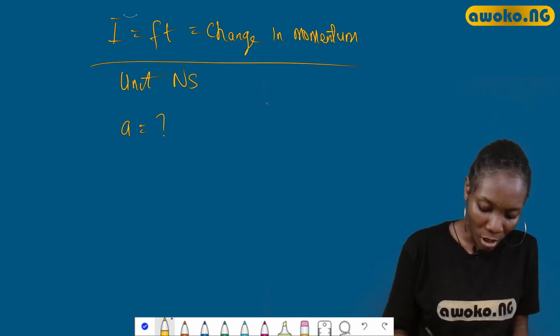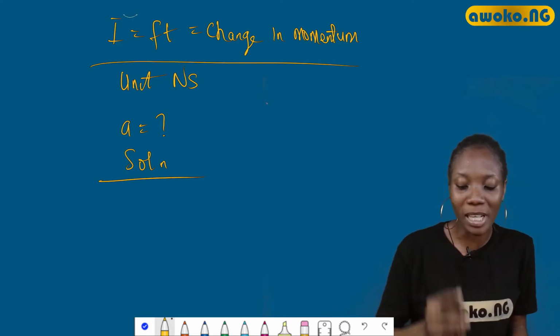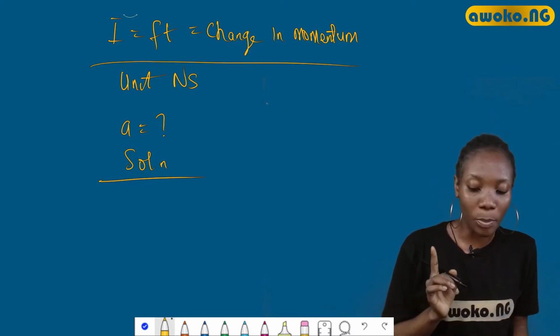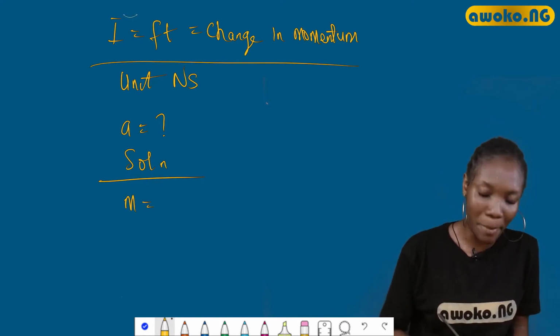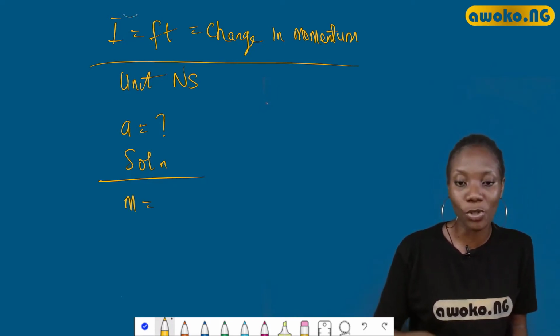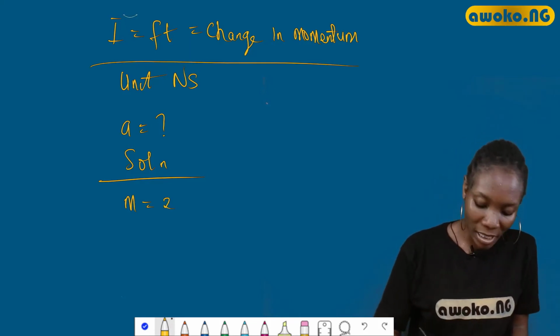So first of all, this is our solution here. So you put down solution, and you take down the parameters. What were we given here? The block of 20 kg. I'll take that down on our behalf, okay? Because of time, I can't write down the questions for us to see, so just follow me closely. So now the block has a mass of 20 kg.